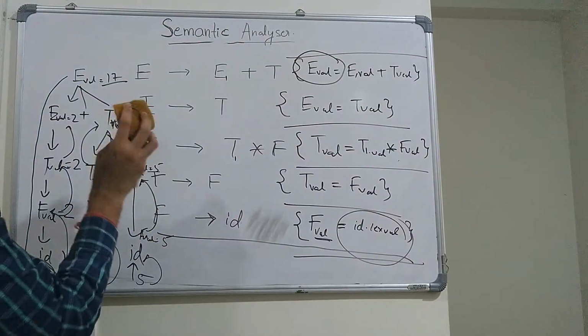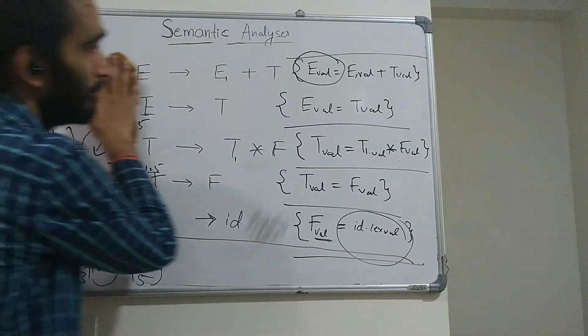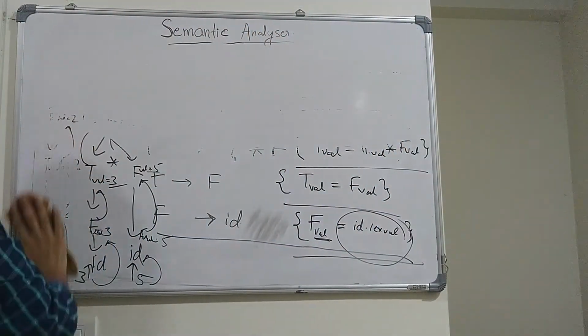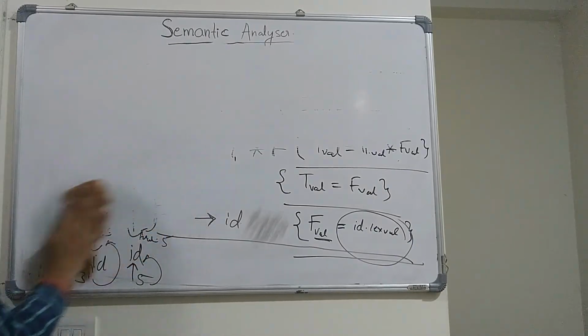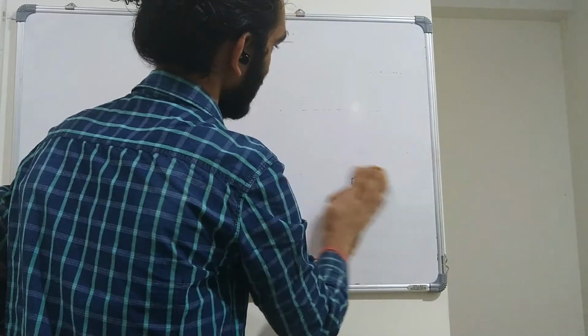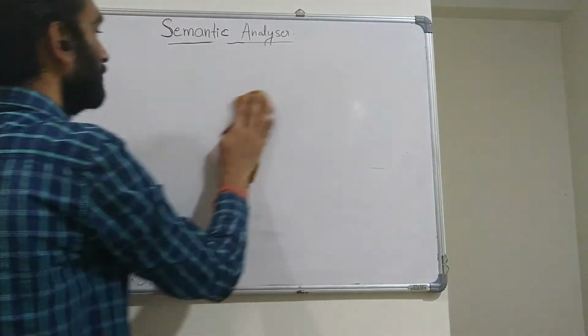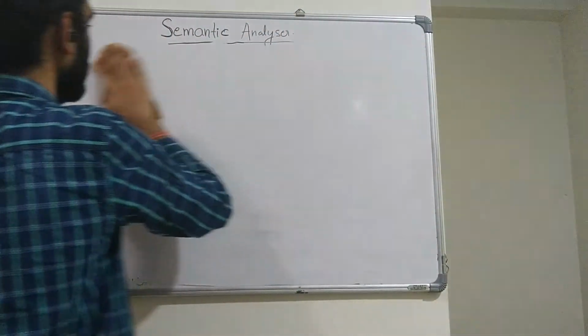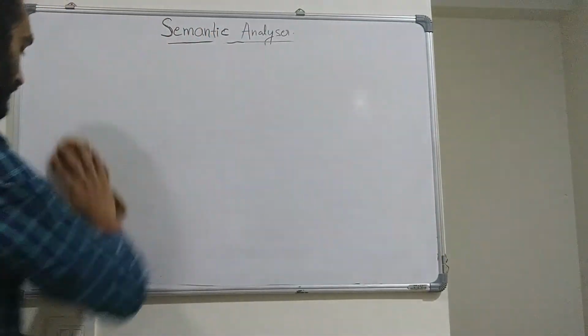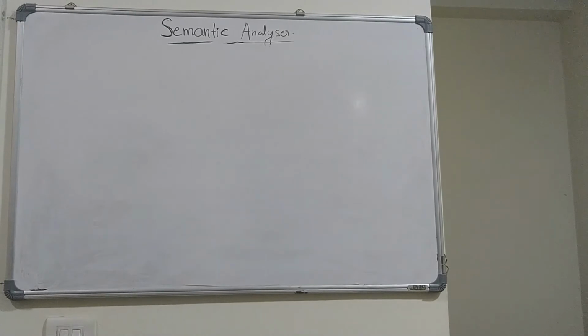So here, this is just an example for understanding the attribute, right? An attribute can be anything, a value, right? Here we are just using it as a value because I need to compute the value of the expression. I can use a type for verifying the types of integers, or boolean or character or other kinds of information, right?